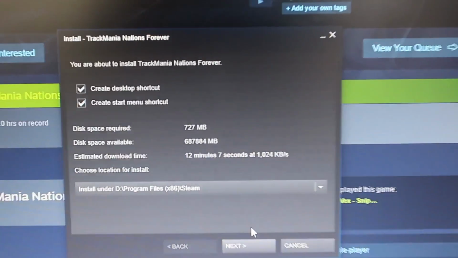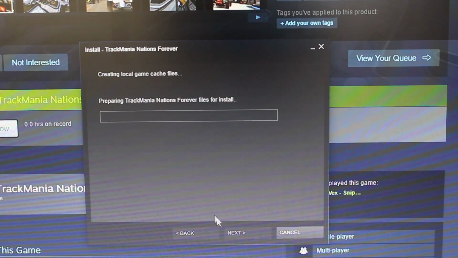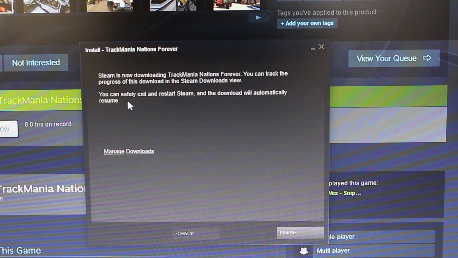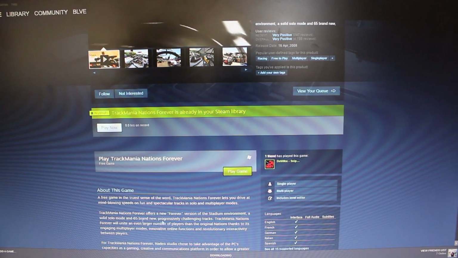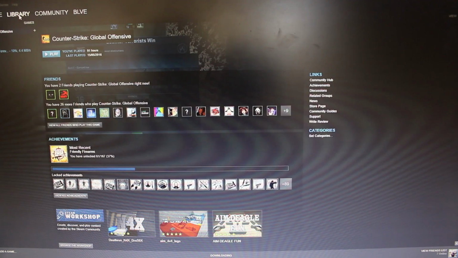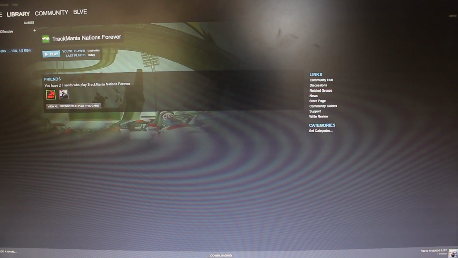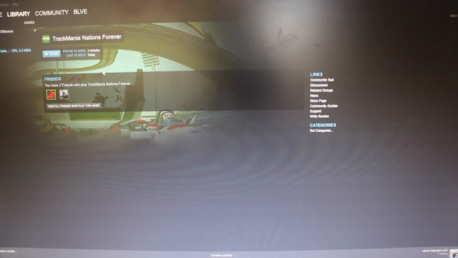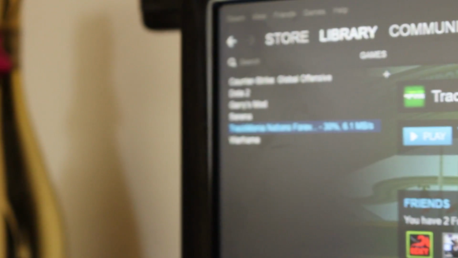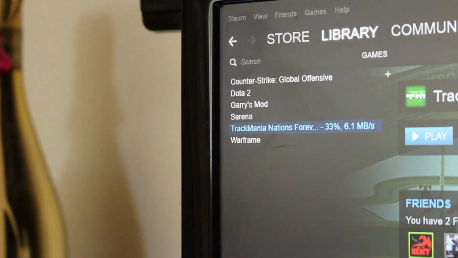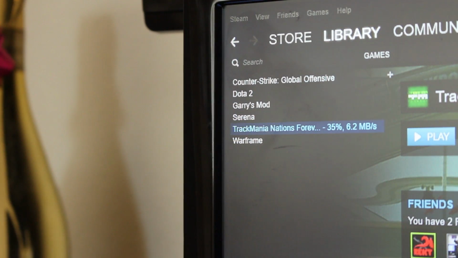I'm going to zoom out. Okay, I'm going to click next, and now I have to wait in order for my Trackmania game to download. I'll press finish. I can go to my library, and here I can see that the game that I wanted is being downloaded from right here. After the game is downloaded, I can select play and play the game, which I will show